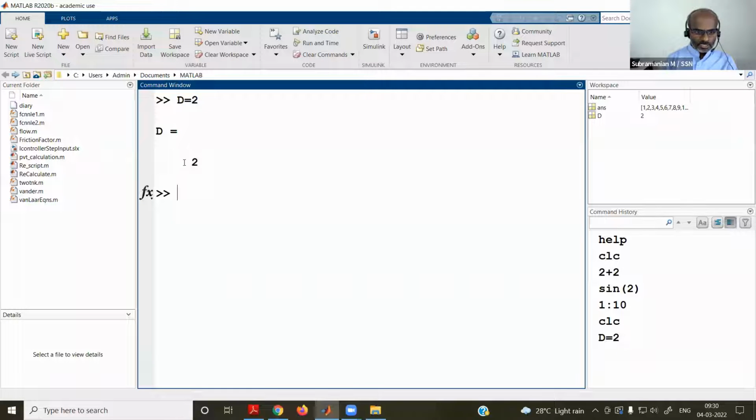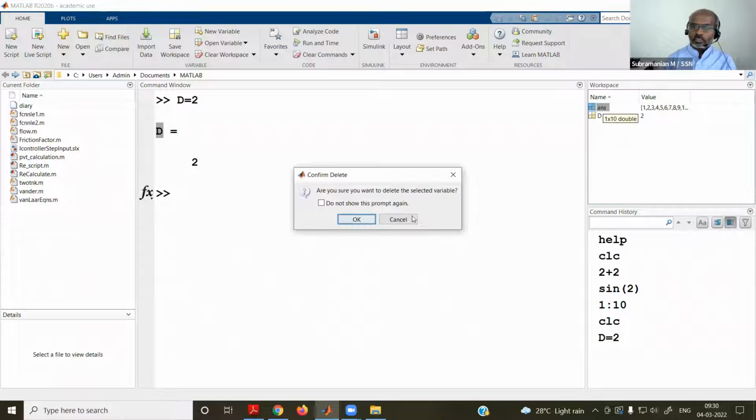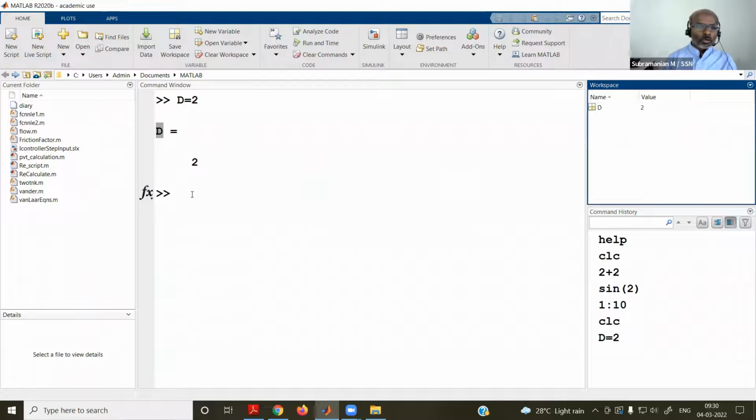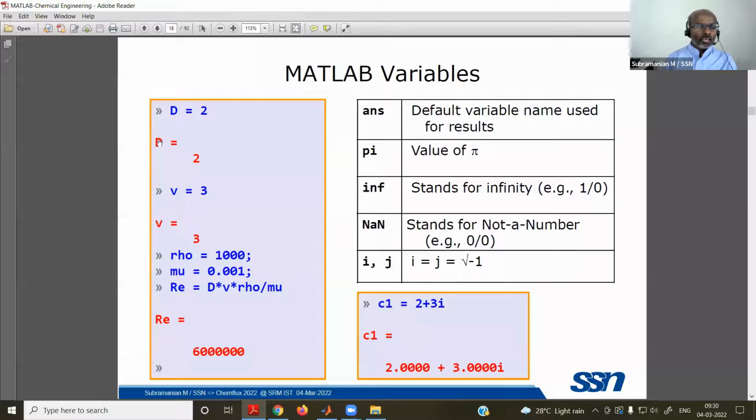That means D is assigned with 2. So you have a variable called D. This is a variable, and there is already a default variable called ans, which we were using earlier. If you want, you can remove them. So whatever I am inputting is given in this blue color, and the output is given in red color. This is the color code I am using in my presentation.